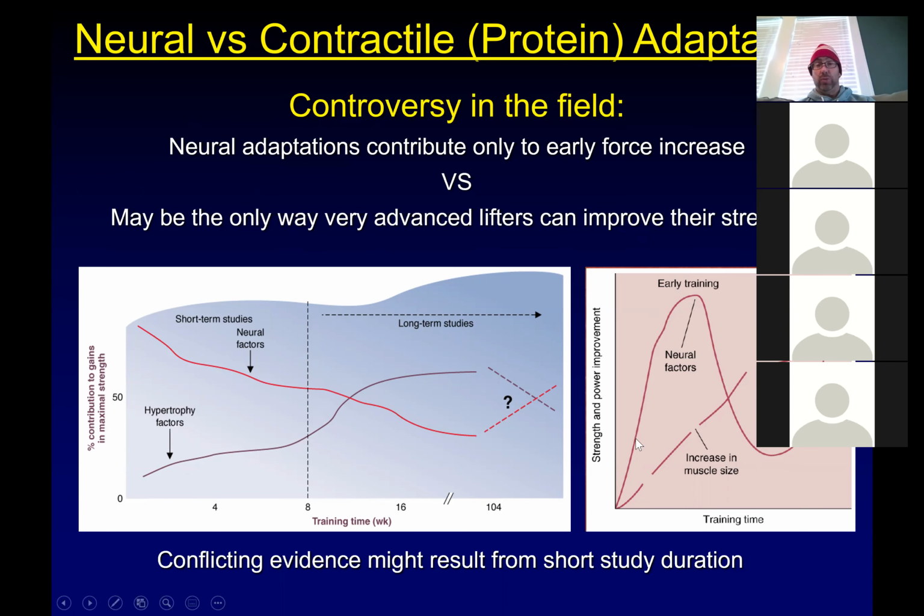And so once we've kind of blown through much of those early neural factors, then there's not much else that you can do. If you can recruit all of the motor units for that muscle, you're not going to magically add more motor units. There's nothing else for it to do. And so what we tend to see, especially in people that are very untrained, is they get a lot stronger really, really quickly. And then as those neural factors kind of get learned,